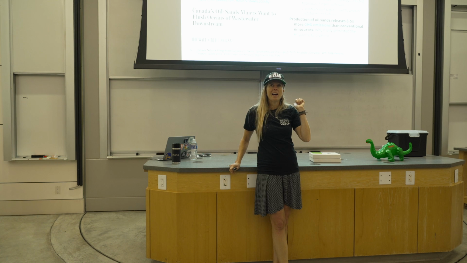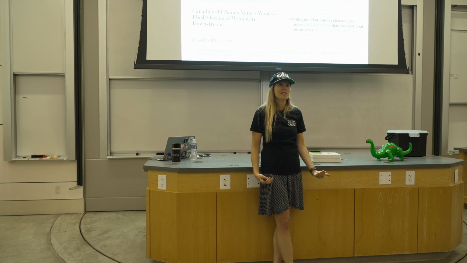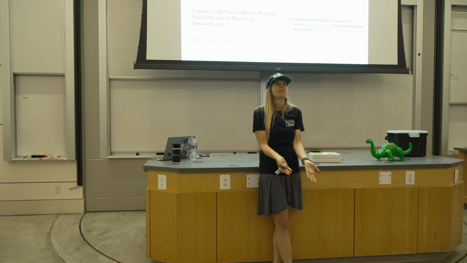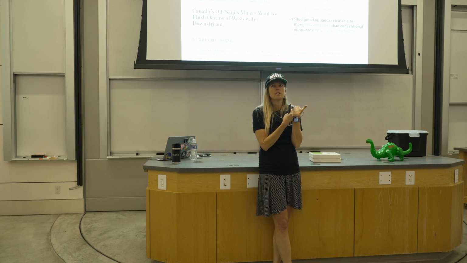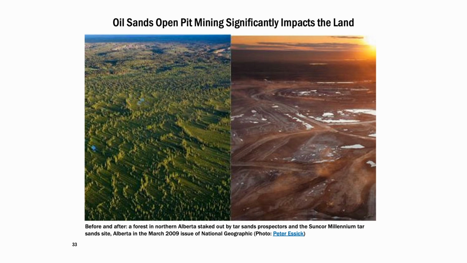And then they're using natural gas to burn, to make the steam, and then to use it to heat up the oil. So pretty energy intense, pretty carbon intensive process to get oil out of these places. Okay, so obviously a significant impact on the land, and so it's part of what is so controversial about the oil sands and tar sands.